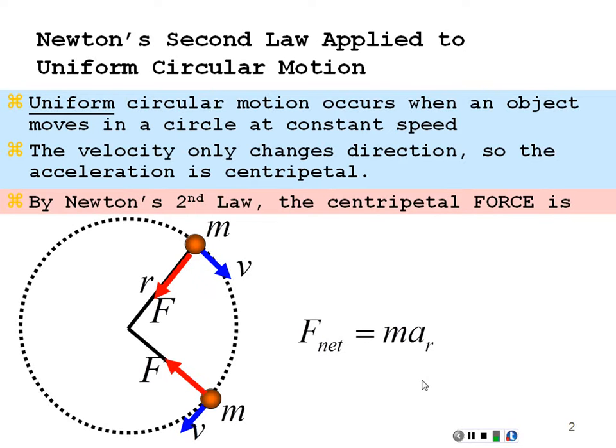Now this is a net force, so there could be many other external forces responsible, adding up positive or negative, that ultimately give us this net force towards the center of the circle. And so the centripetal force itself is not a physical force. It is the net force of all these other external forces adding up, but it is the mass times the centripetal acceleration, mass times v squared over r.